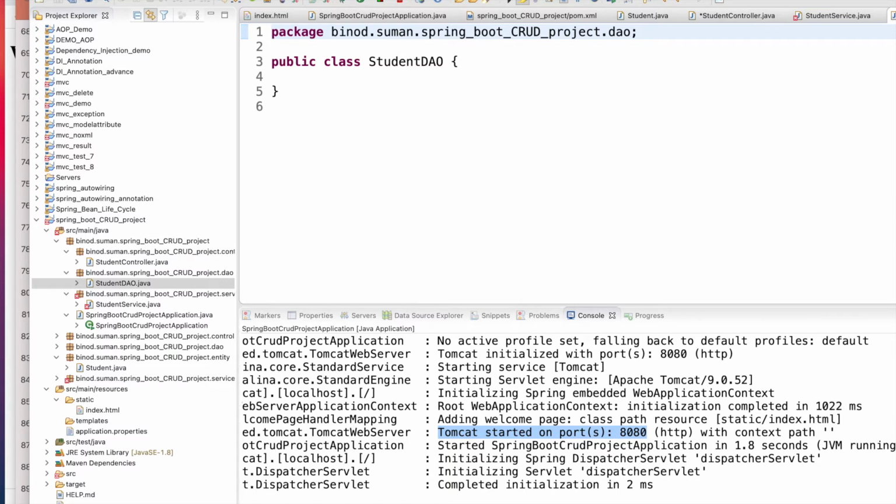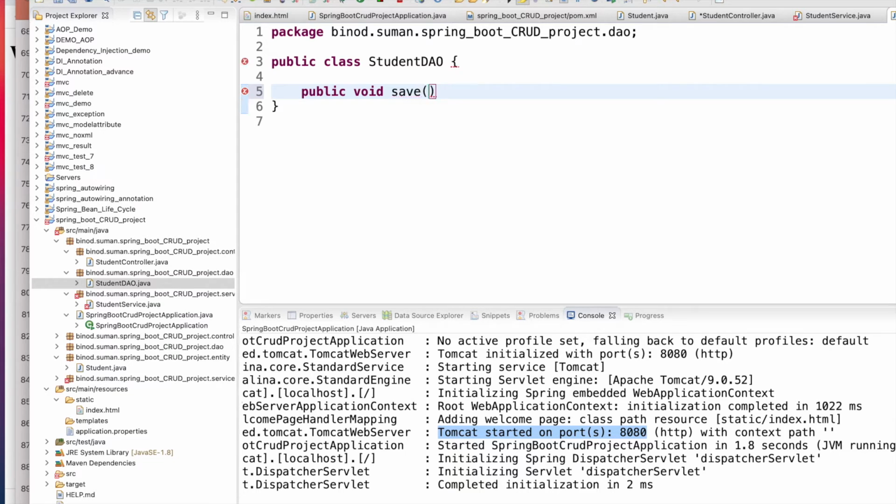So now in the DAO layer, what you have to do, we need some methods, right? We need some method that can save a student.